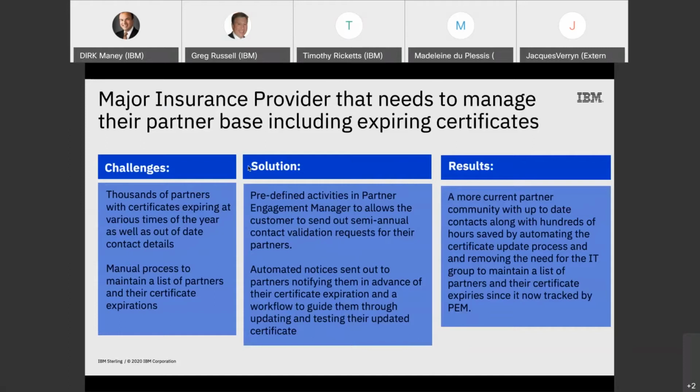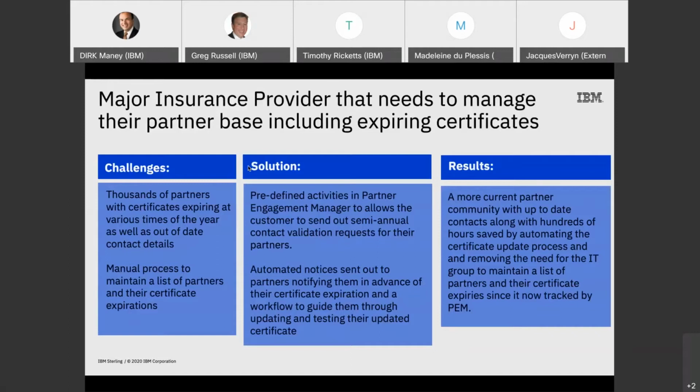Once they've uploaded that file, that certificate will get stored in the partner repository, and the provisioner will then pick it up, push it into Sterling File Gateway, and run a business process so that Sterling File Gateway is then also able to validate that the certificate is working properly, and then we'll kick that back. If something goes wrong, you'll get an error message, and then you'll be alerted to that. But in essence,